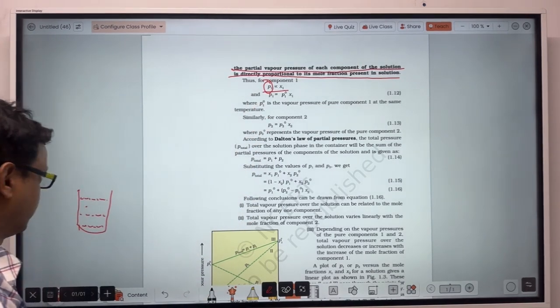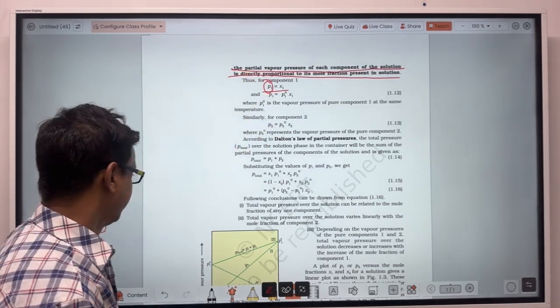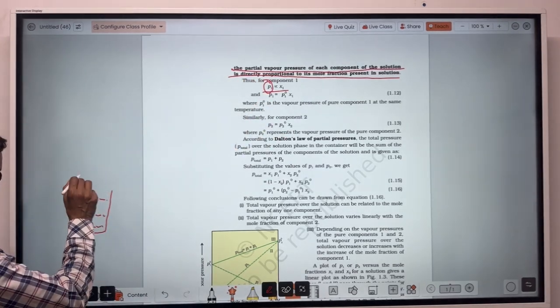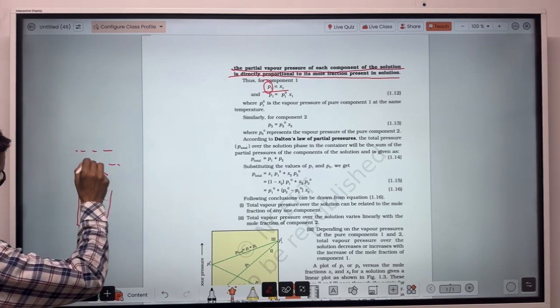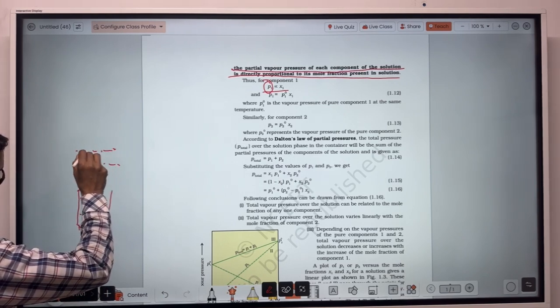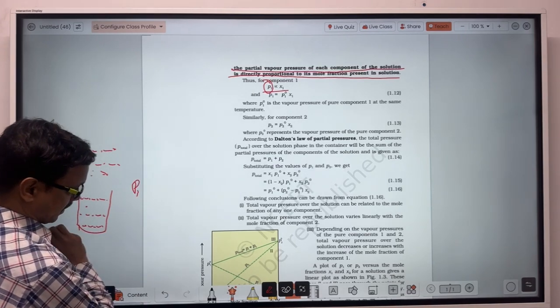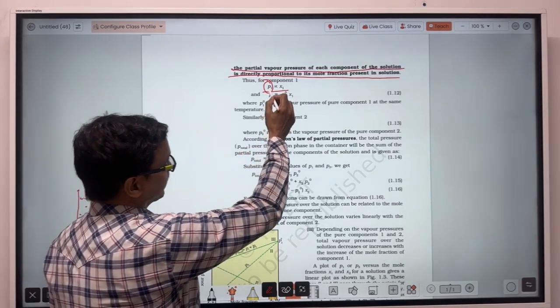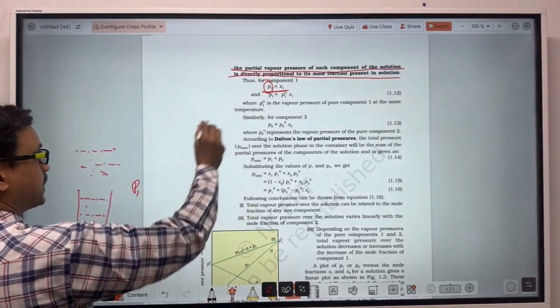It has been assumed to be liquid 1 and liquid 2. So liquid 1 will undergo the vapor phase, liquid 2 will also undergo the vapor phase. So the partial vapor pressure of liquid 1 will be directly proportional to the mole fraction of liquid 1